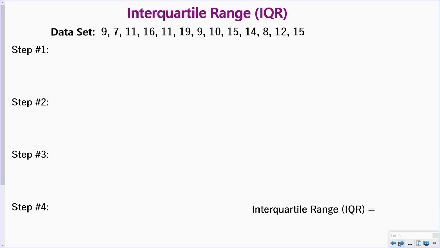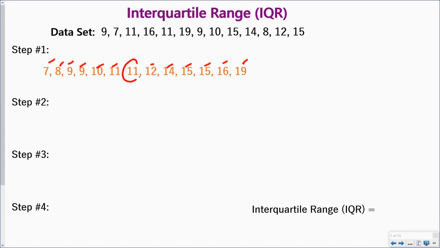So let's put this to work here. I have my data set. The first thing I need to do is order it from least to greatest. The second step is to find the median. When I do that, I'm counting in from the outside into the center. I check that one off and this one, and I just keep going back and forth until I get to that middle number. In this case, it looks like my middle number is 11. So my median